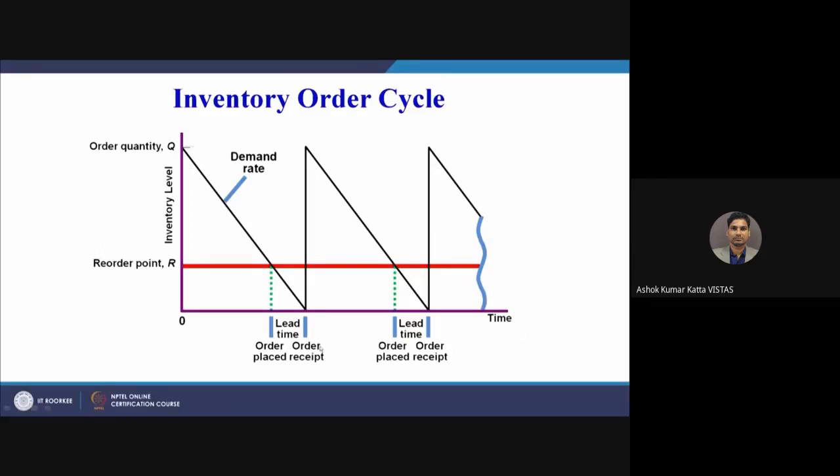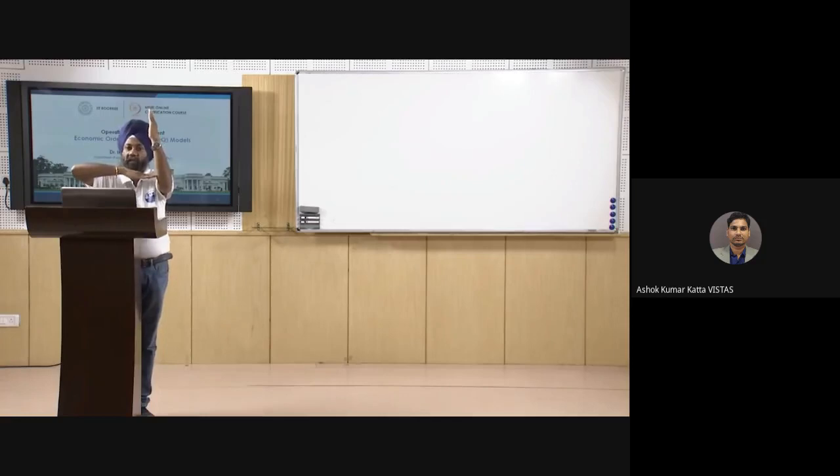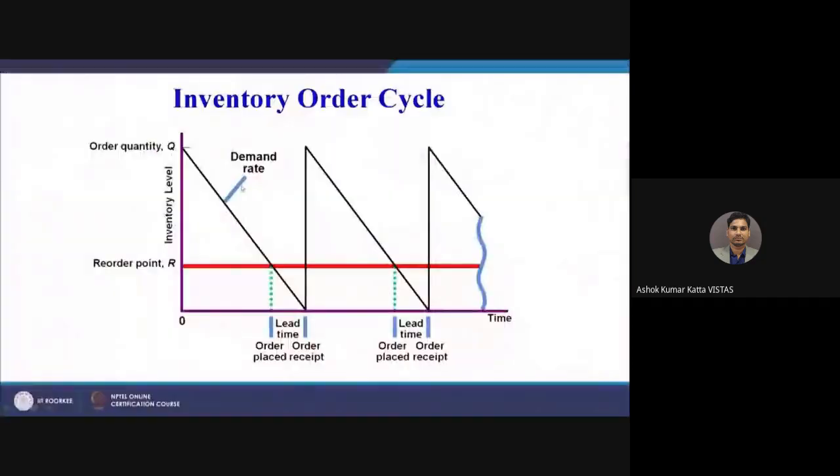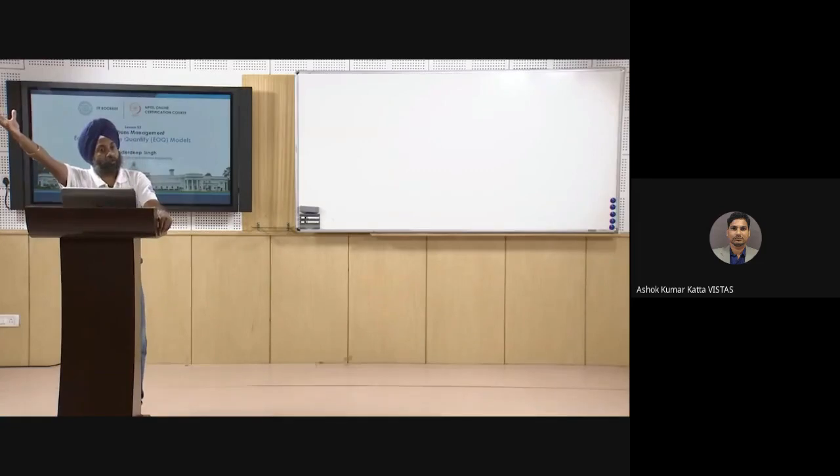So it is a plot between the quantity that is available, or the inventory that is available on day 0, with the time on the x-axis. So we can see here this is the demand rate, as we have assumed that the demand rate is constant over time. So the rate of usage of material is constant over time, and that will depend upon the product that we are producing. If continuously we are producing the product, our demand rate will be constant over time. So the demand of the product is constant, and therefore the demand of the material requirement is also